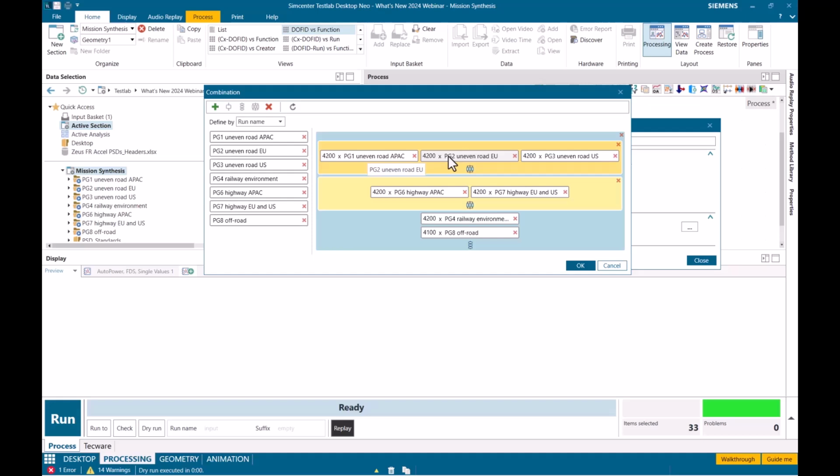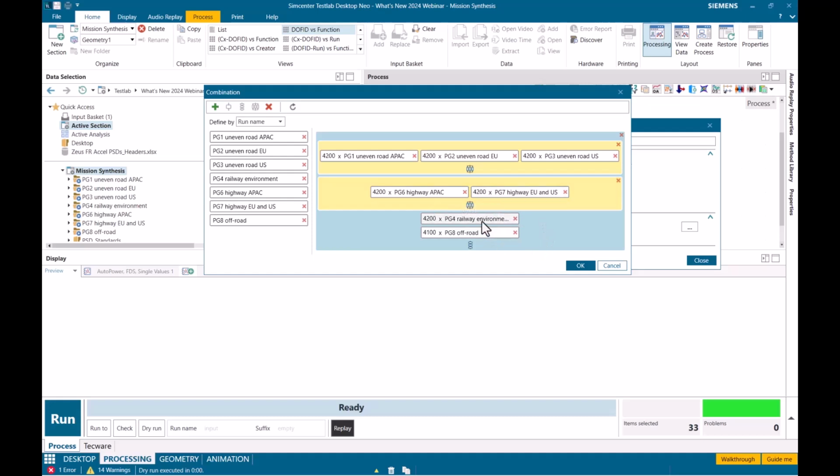And what that means is we are going to perform an envelope of the fatigue damage spectrum for all three events rather than summing them together. Likewise, we're saying this component is only going to be used on the highway in these two regions, either APAC or the EU and the US. So we will envelope these as well.